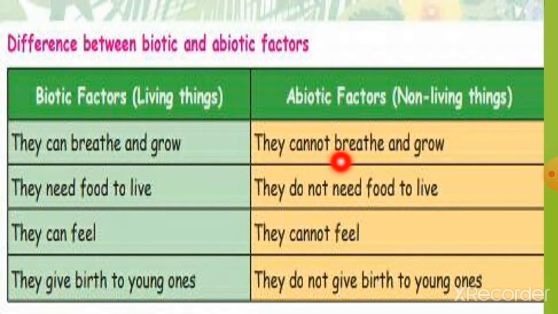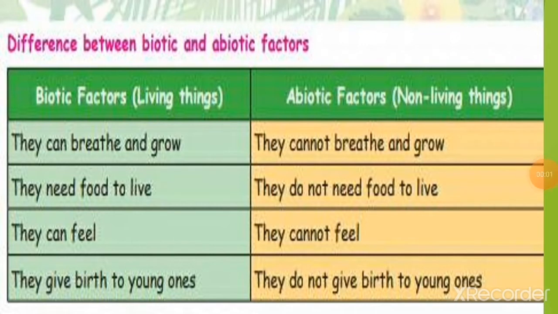Soil cannot breathe and grow. They do not need food to live. Soil does not need food to live. They cannot feel. For example, soil cannot feel. They do not give birth to young ones.